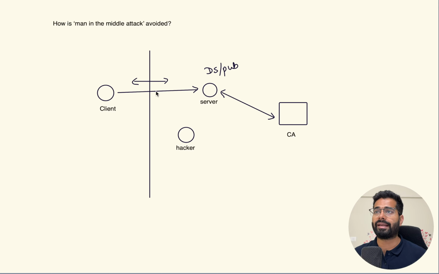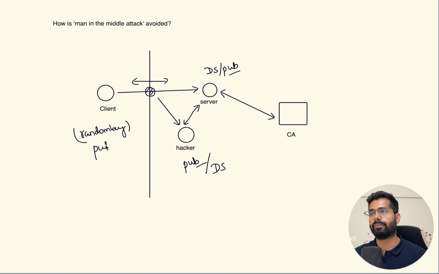Now tomorrow, let's say the client again comes to the server to make a TLS connection, and this time a hacker has hacked some DNS router in the system, and all the connections are now routing to this particular server. Let's say the hacker has the public key. How did he get the public key of the server? Let's say someday someone tried to make a connection, and the server gave its public key and digital signature to the hacker. Now the hacker routes this public key as well as the digital signature as is to the client. So the client creates a random key,